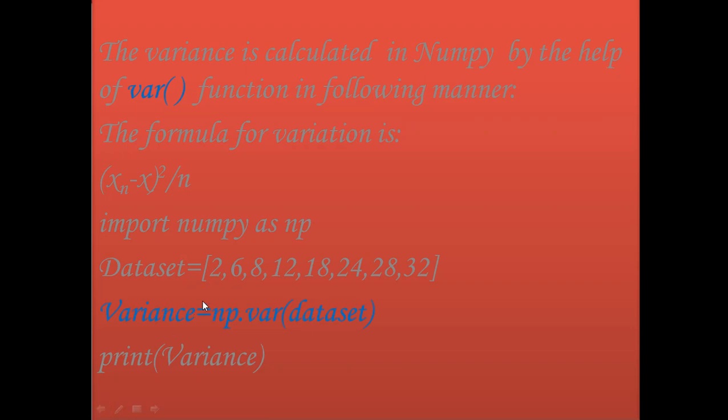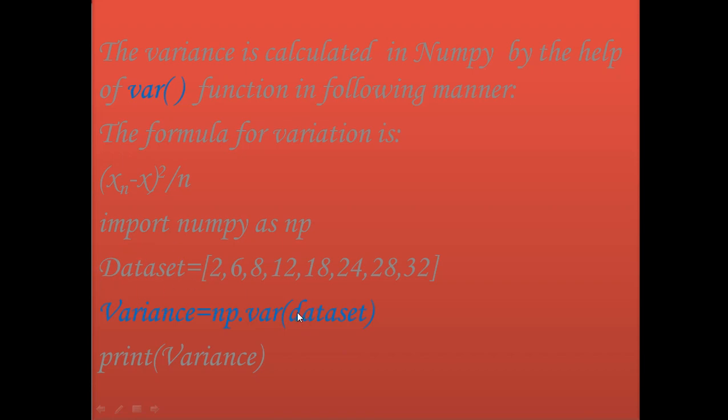That is, if you have these elements in the array and you have to calculate the variance, then you will be using the var function. In this line, variance is the name of the variable, and this variable will store np.var of the data set. Data set is what? Actually this very data set.